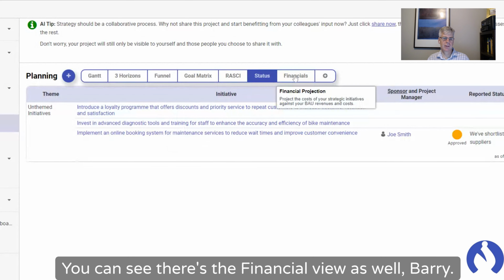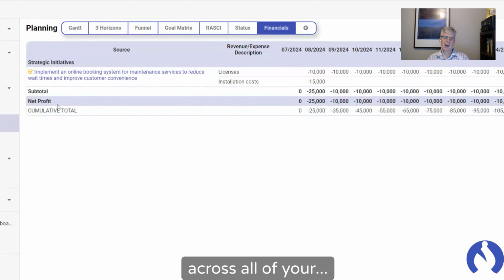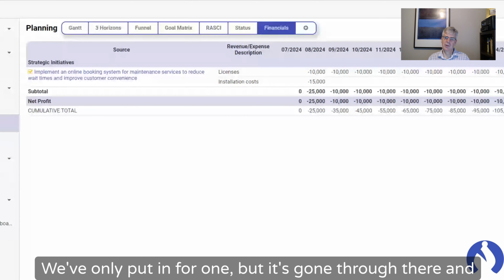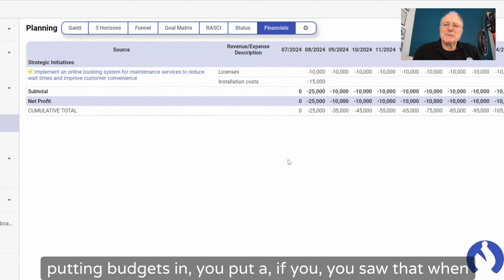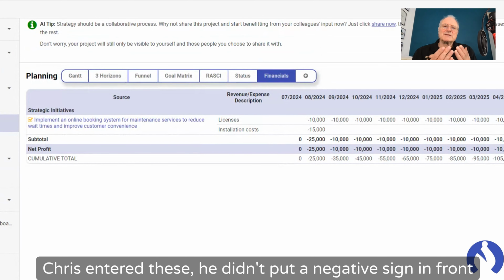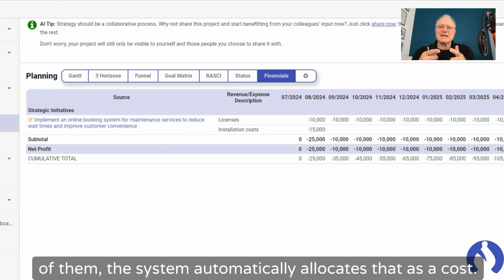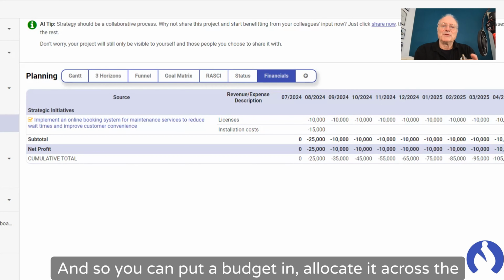You can see there's the financial view as well, Barry. This is your point that you like so much, where it'll go across all of your... We've only put in for one, but it's gone through there and highlighted how much this is going to... And the point that I made about putting budgets in, you saw that when Chris entered these, he didn't put a negative sign in front of them. The system automatically allocates that as a cost. So if you put a negative cost in, it's a contribution, and so you can put budget in, allocate it